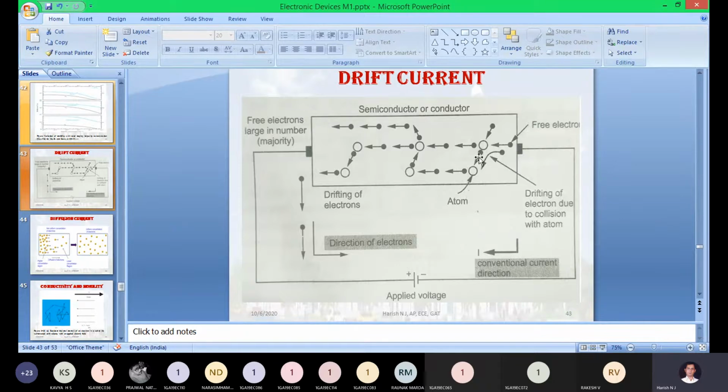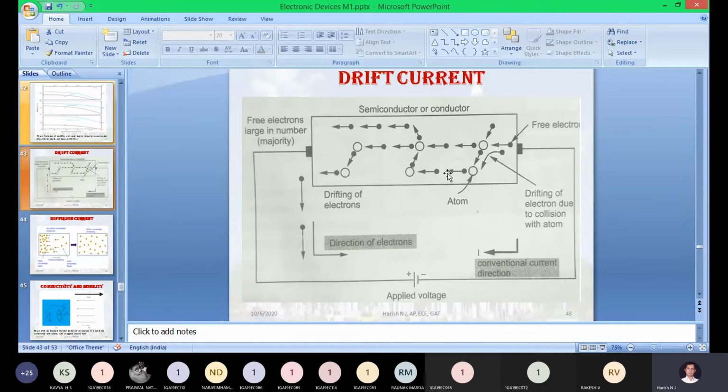Correct. Here this zero symbol is usually used for representing holes, but in this case we are using it for representing the atoms. We are not considering holes here. Anyway, it's an N-type semiconducting material, and the majority carriers are electrons. Comparing electron current and hole current, the electron current dominates the whole current because the electron concentration is higher in N-type material. Hence we neglect the hole current and take only the electron current for our analysis.